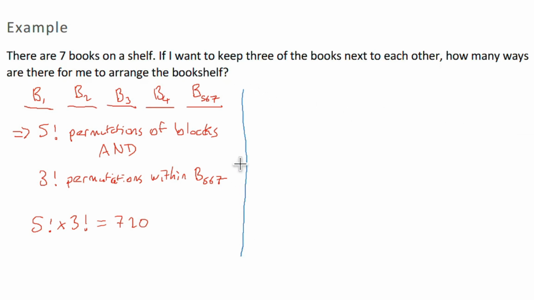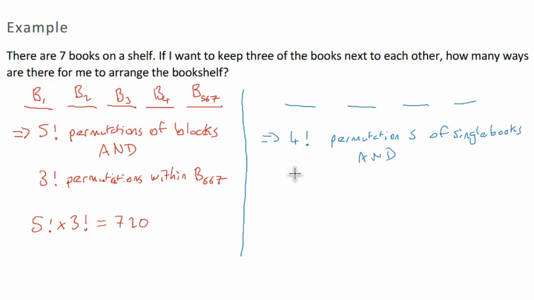The other approach would be to think about taking those out, and then we have 4 remaining books that we need to arrange. So we have 4 factorial permutations of single books, and 3 factorial permutations within the block,